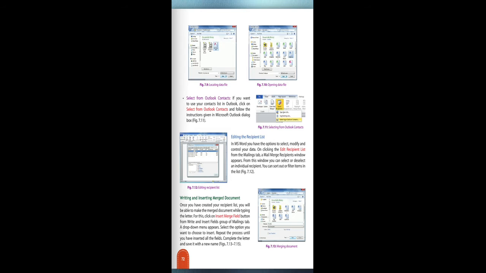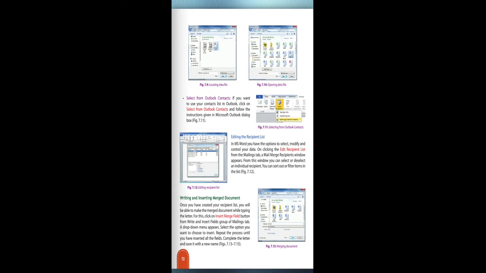On clicking Edit Recipient List from the Mailings tab, a Mail Merge Recipients window appears. From this window, you can select or deselect an individual person. You can sort or filter items in this list.